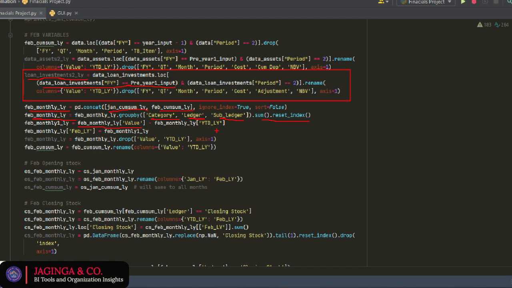YTD last year. So what we are trying to do is get the monthly values of February. So the cumulative sums for January, I will subtract from the cumulative sums of February. Remember, this Feb_monthly_last_year in bracket value is just the cumulative sum for February, rather it's the cumulative sum for January, so we want to subtract it from the cumulative sum of February, then we'll get the monthly